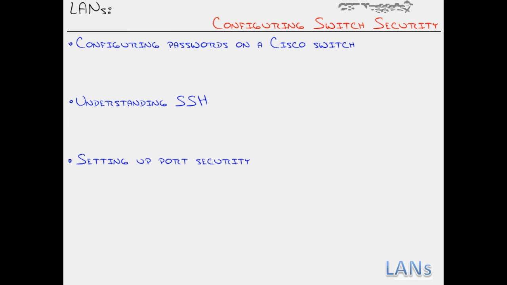And that is the beginning of configuring Cisco switch security. We only made it through 2 bullet points, and that's okay. We spent a good amount of time understanding and configuring all the passwords on the switch. We even did the logon banner, and we went into understanding SSH, the encrypted version of Telnet. I'm going to bump, as I mentioned, setting up port security to the next video in order that I can spend adequate time talking about that. So for now, I hope this has been informative for you, and I'd like to thank you for